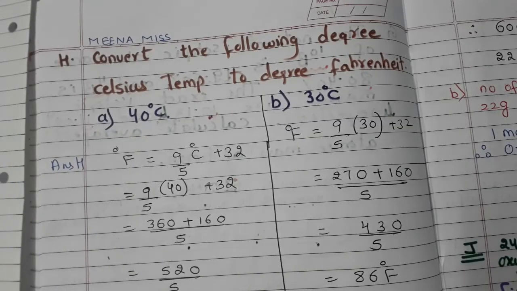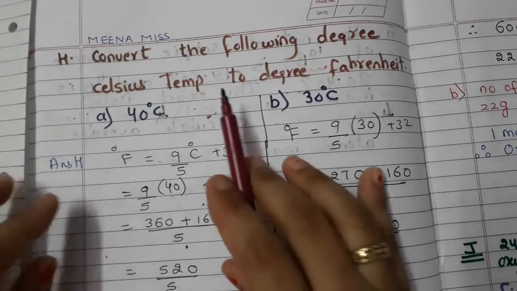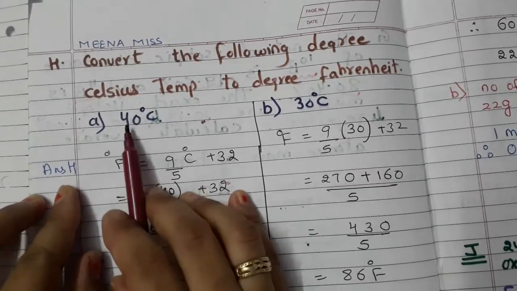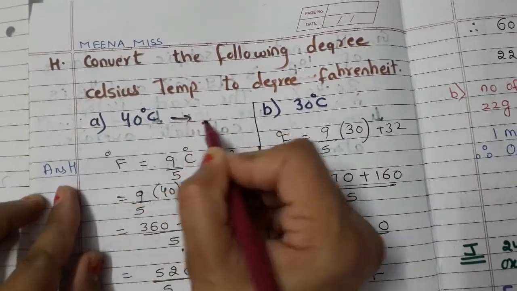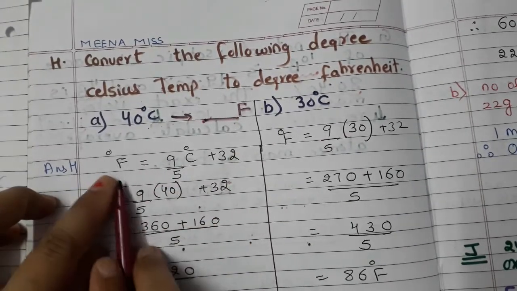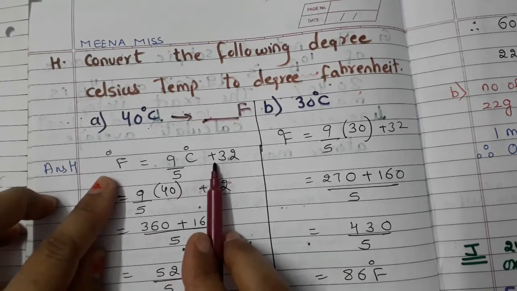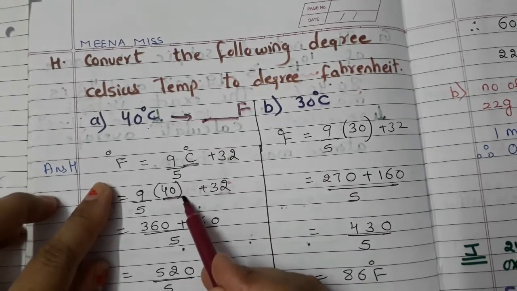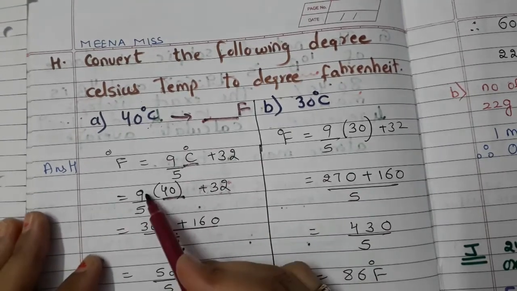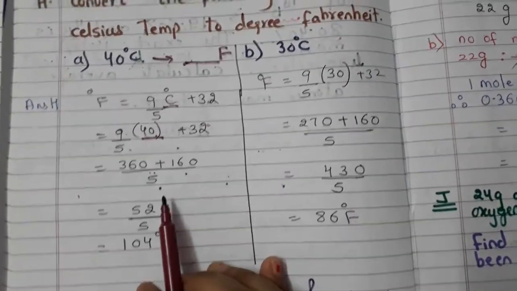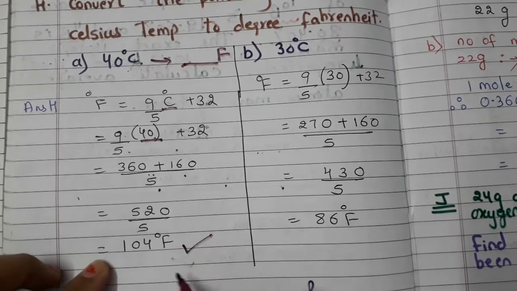Now we have this numerical also, which is based on conversion of temperature from degree centigrade to Fahrenheit. Let us see how to carry this out. 40 degrees centigrade, we have to convert this to Fahrenheit. How do I begin? The formula is degree F is equal to 9 upon 5 degrees centigrade plus 32. Just see students, I have substituted the value. Instead of C, I have written 40. Then a simple calculation: 9 into 40 is 360, plus 5 into 32 is 160, and then upon 5, I got 104 degree Fahrenheit.